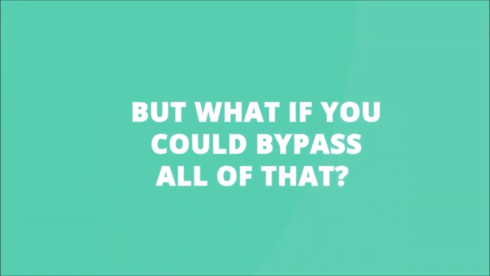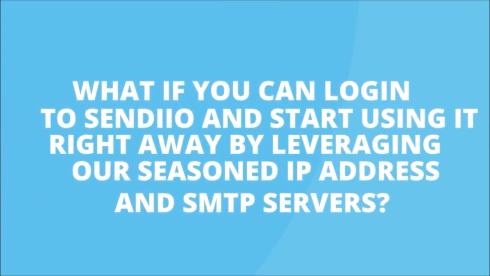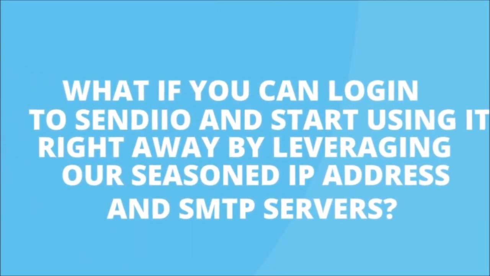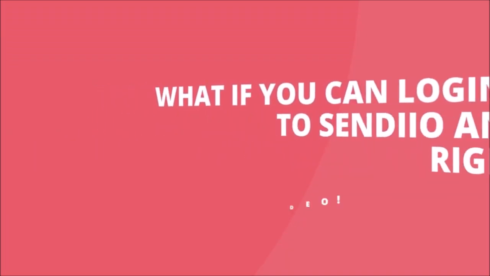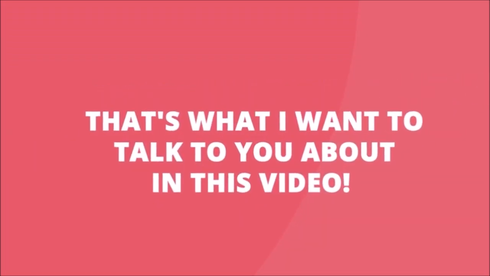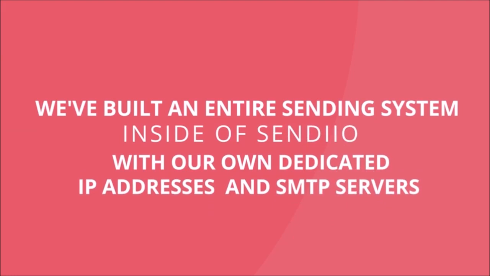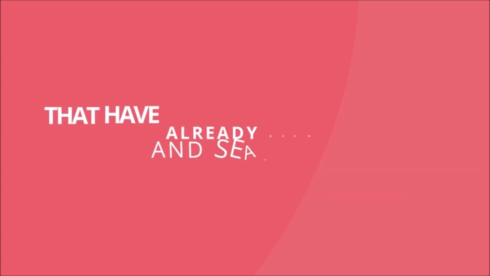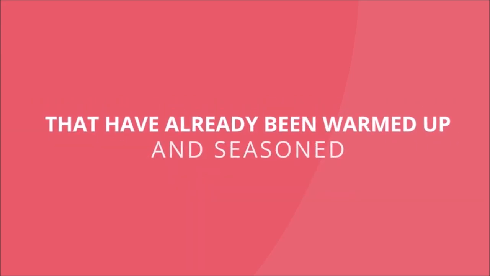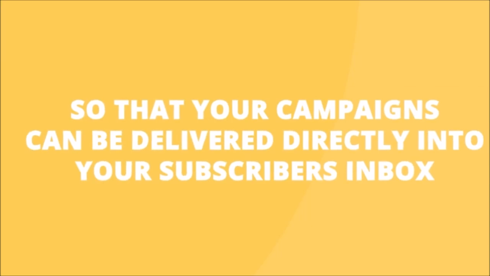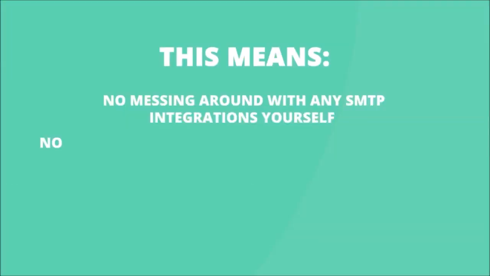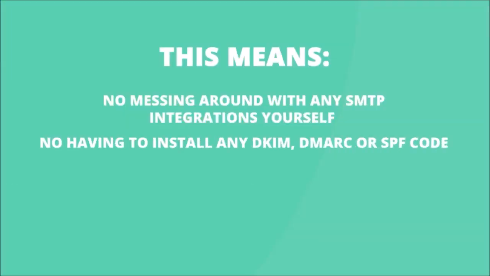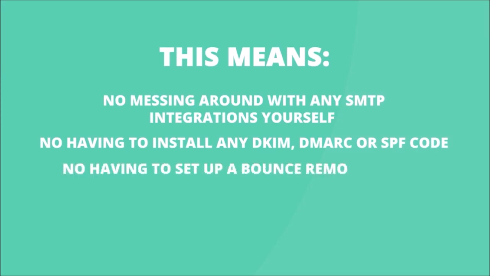What if you could log into Sendiio and start using it right away by leveraging our seasoned IP address and SMTP servers? That's what I want to talk to you about in this video. We've built an entire sending system inside of Sendiio with our own dedicated IP addresses and SMTP servers that have already been warmed up and seasoned, so that your campaigns can be delivered directly into your subscribers' inbox right out of the gate. This means no messing around with any SMTP integrations yourself, no having to install any DKIM, DMARC, or SPF code, no having to set up a bounce removal email,